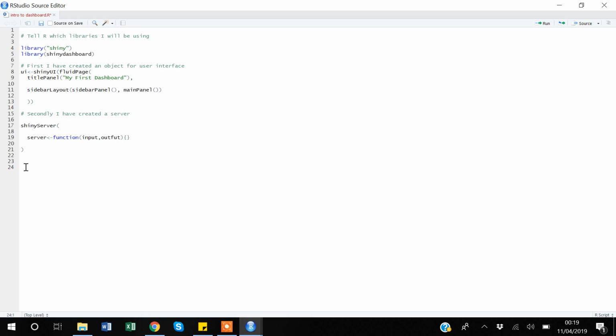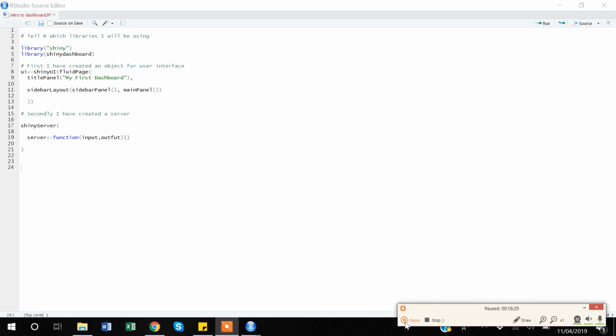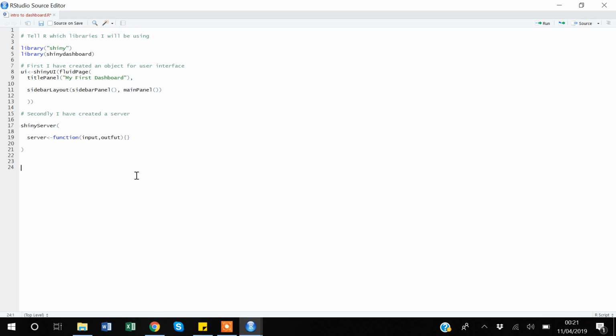So now the last thing is that you will be telling Shiny that you want to make a dashboard based on your user interface and your server. So it's very simple. What you need to do is that you have to call a function, shinyApp,